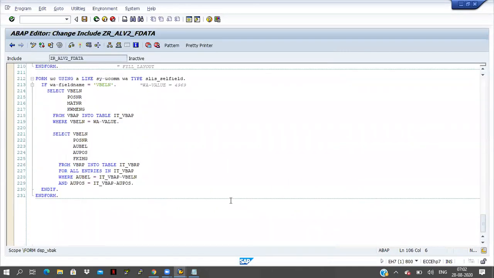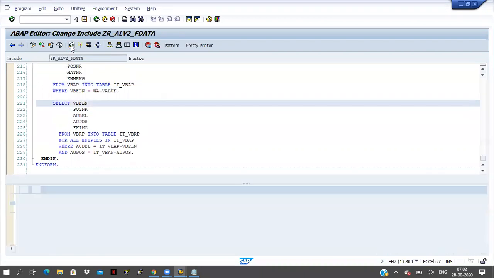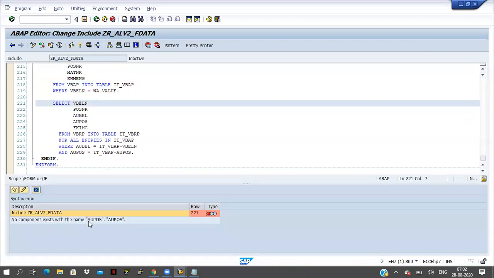Okay, here I'm getting the data of sales information and billing information, right? No component exists with the name of AUPOS. Okay, fine.